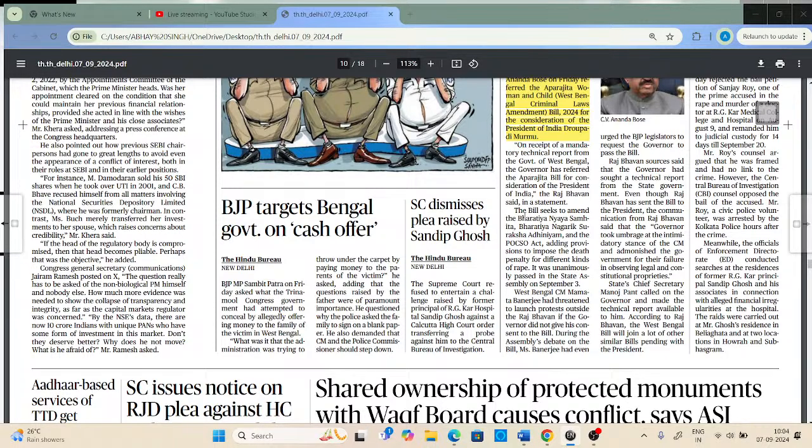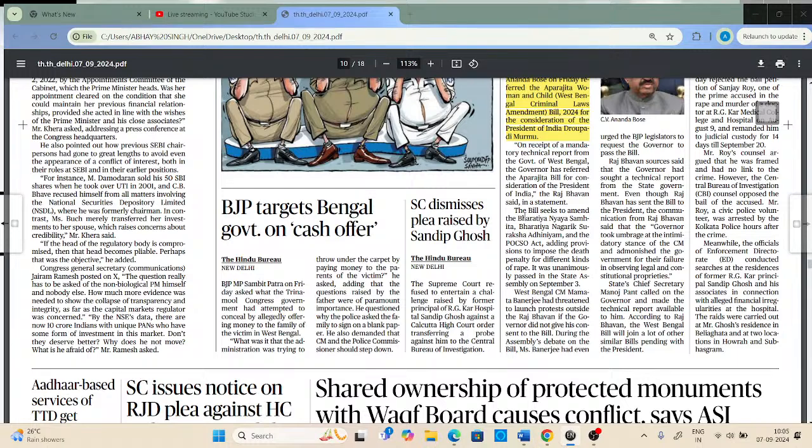Under Article 361, there is absolute immunity to the President and Governor when it comes to criminal cases. Under Article 361 Clause 2, there is absolute criminal immunity. And under Clause 3, no arrest can be made while the person is holding the office. This is applicable to both the President and the Governor. And civil proceedings you can only initiate, and for that too you have to give two months' prior notice. So these are the things; this is the prerogative of Parliament, that Parliament should lay down a test,